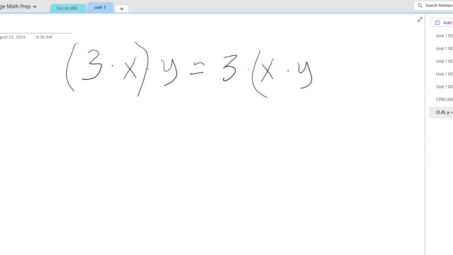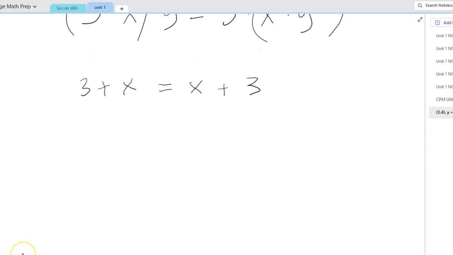Now, pay attention. Look at the order of the 3 times x times y. Did that change? 3 times x times y. Notice the order stayed the same. The only thing that happened was these parentheses moved to a different location over here. When you see that happen, that is going to be the associative property. And since what's happening right here is a multiply, then it's the associative property of